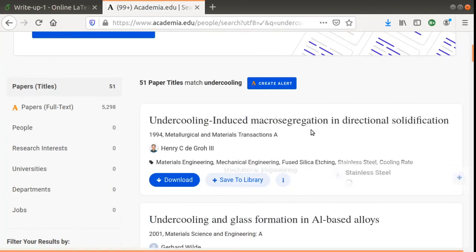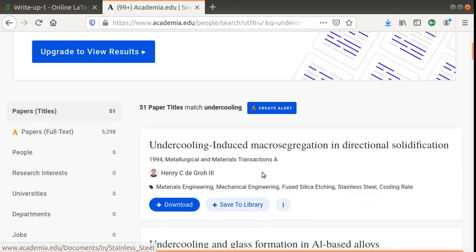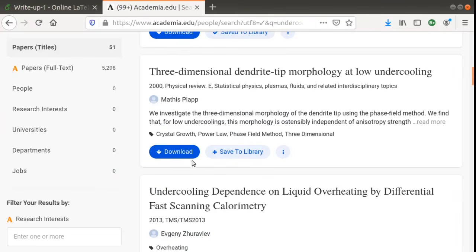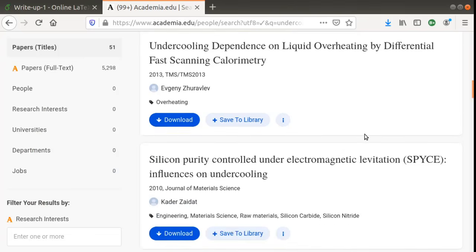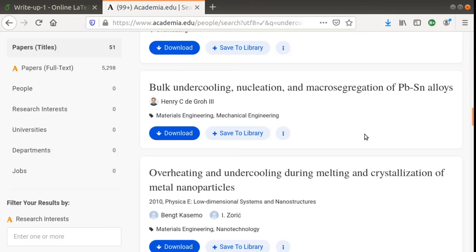And then we can look at the original articles, because most probably the author would have uploaded the preprint of that article, and you could then download that article to read, and the article will contain the bibliographic information at the top, and you can use that to enter the information into the bib file in Overleaf.